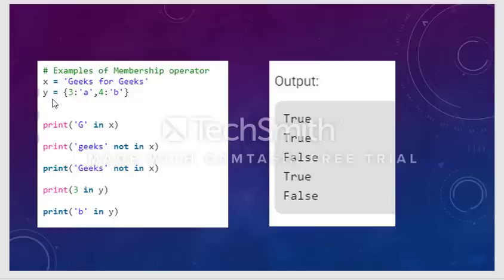Why? Because till now we have learned about only a single value assignment, but here we have multiple values with some key and value pair. Okay, so one is the key and one is the value. So 3 and 4 are the keys and A and B are the values. So it's a different kind of assignment operator. So forget about this. I will cover this concept in the next classes.